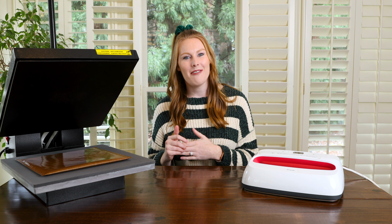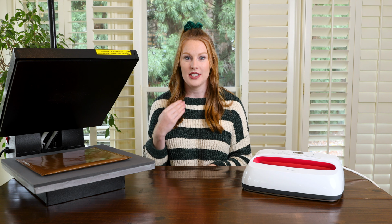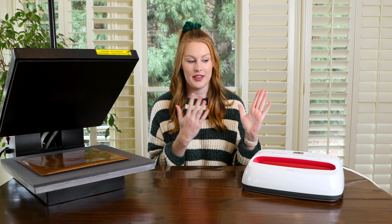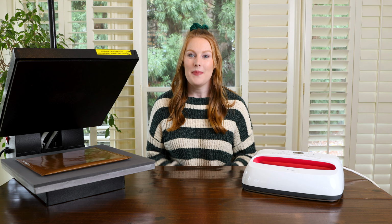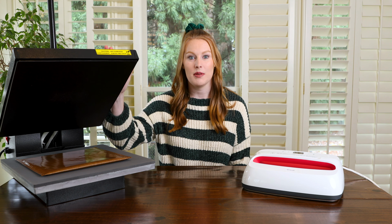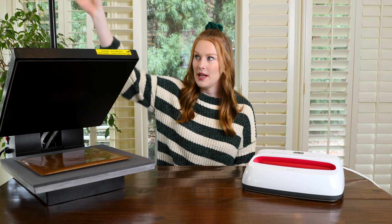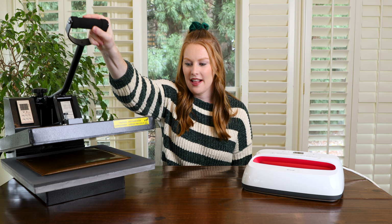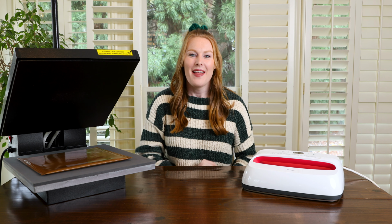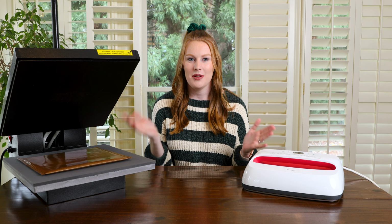So we're just gonna start off with saying, if you are making a t-shirt or something that's gonna be washed and used a lot, I would highly recommend the industrial heat press over the Cricut EasyPress. The biggest difference between the two is that this one has adjustable pressure. So there's a knob on the back that you can push this down and tell it how hard to push down on there. So that is like the biggest life-changing thing for me in the comparing of these two,